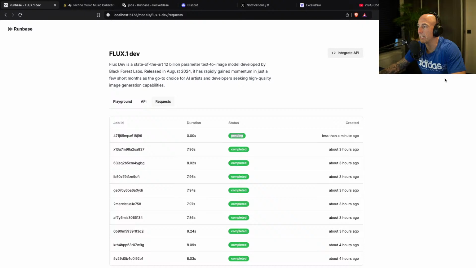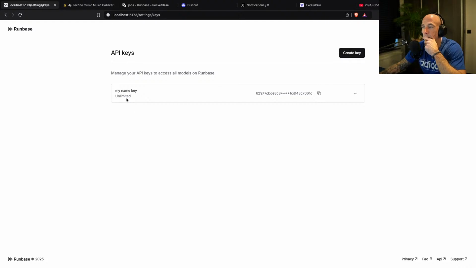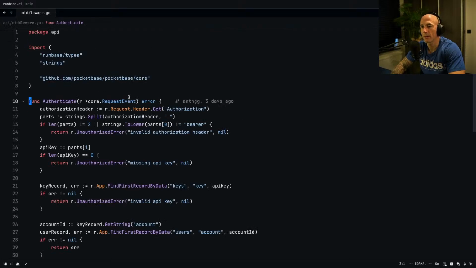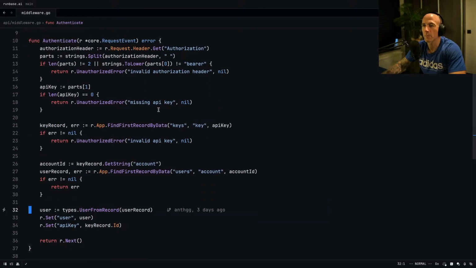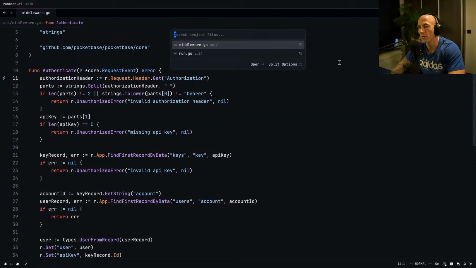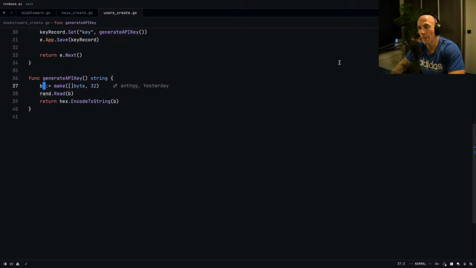Yeah, so basically we create these keys here, right? Yeah, it's Remix, I know. Okay, cool. So now we do this. We have our own API key, which is a generated key, which we set in a hook on create, you know, generate API key, this thing. We don't want that